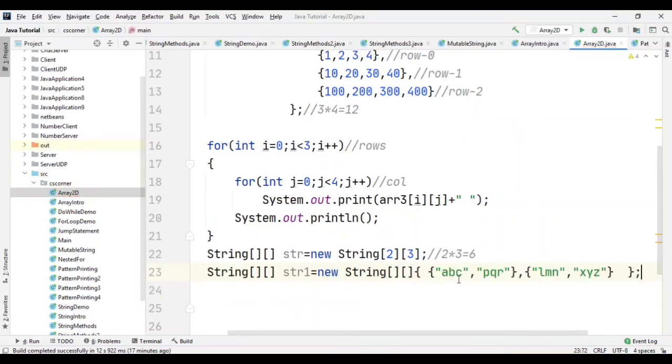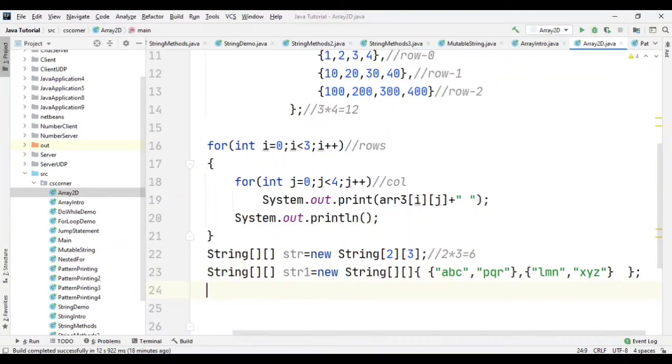String variable. So here what I have done, you can see now I have taken this value as well as this value. So how many rows am I having? I am having 2 rows. And how many columns am I having? I am having 2 columns. So this is another way of creating an array as well as assigning values to the array.